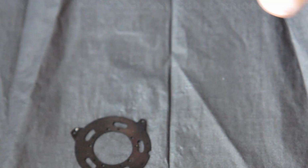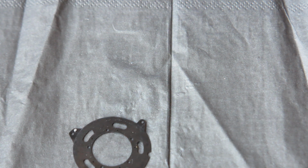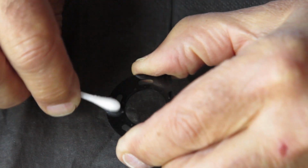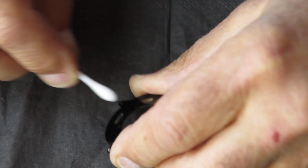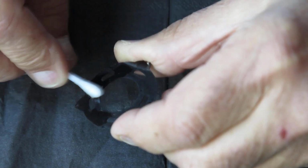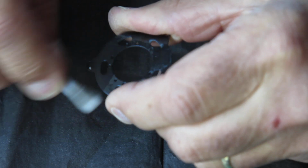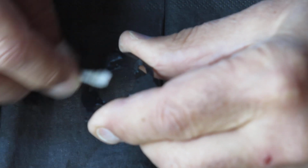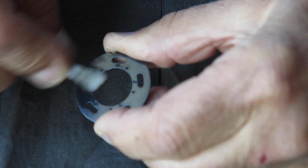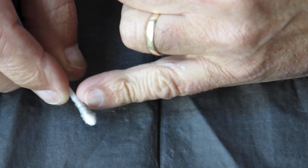Here's the fixed plate. Here I'm just using naphtha, cigarette lighter fluid, to clean these components. And the fixed plate, one side of the plate, this side in fact, goes towards our diaphragm blades. The other side faces the shutter blades. And that is oil and filth coming off here. And that's just coming off the surface. That's the surface the shutter blades run against. It tells me that those blades were quite oily, and